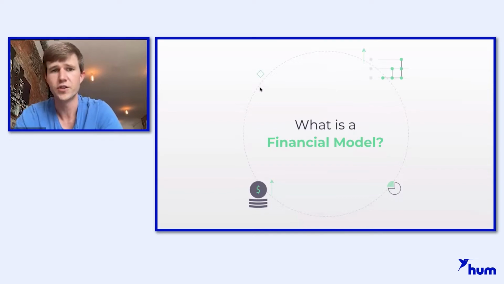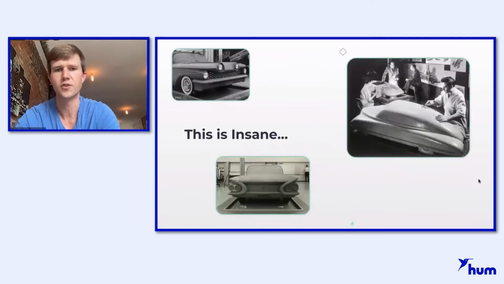Now, the best definition that I've ever heard came from Troy Hennicoff. He's a former MD of Techstars Chicago, and he uses a really great analogy to describe financial modeling. And it goes like this, right? So back in the earlier days of the car manufacturing process, this is what the design phase looked like. It looked a lot like what you're seeing on these slides, where you'd have these people in these lab coats. They'd go in, they'd carve out full scale replicas of their designs. And then you would have to go and shape everything exactly how you'd like, and then build a working prototype